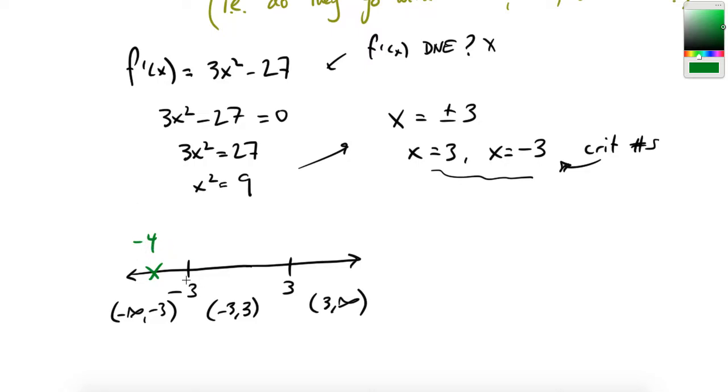But I know it doesn't do that except at this place and this place. So the first derivative behaves similarly in this chunk, and it behaves similarly in this chunk, and it behaves similarly in this chunk. So if I want to know if the first derivative is positive or negative, I just take a representative from each of these intervals and test them. So I'm going to take negative 4, 0, and 4 because I like my algebra to be simple. And then we'll just see what happens at these places, and that will tell us everything we need to know